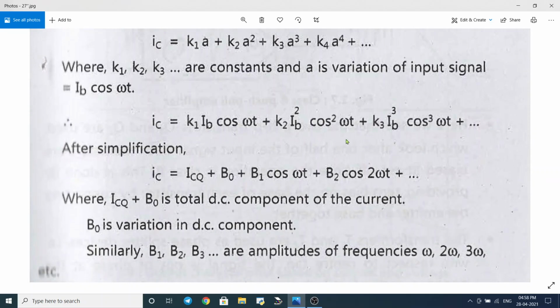So after simplifying this, we have IC equals ICQ plus B0 plus B1 cos of omega t plus B2 cos 2 omega t plus and so on,